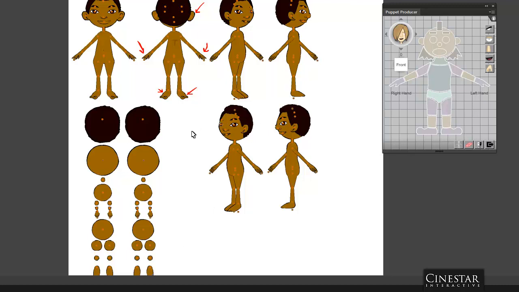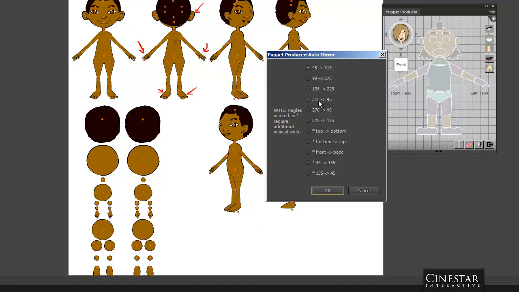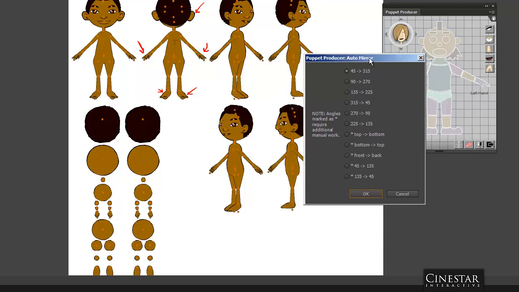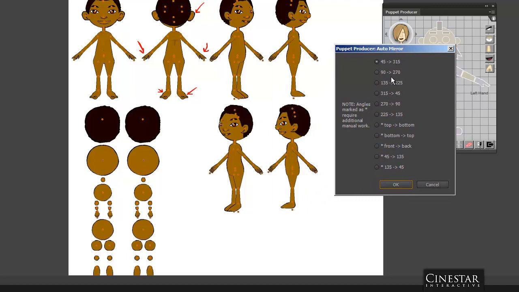Very minor tweaks, and you do them exactly the same way I showed you earlier, where you just create a new sprite, duplicate it, and just swap it. Alright, so we are missing one more angle, and that angle is the 315. Okay, is that right? No, the 135. We're missing the 135 angle,